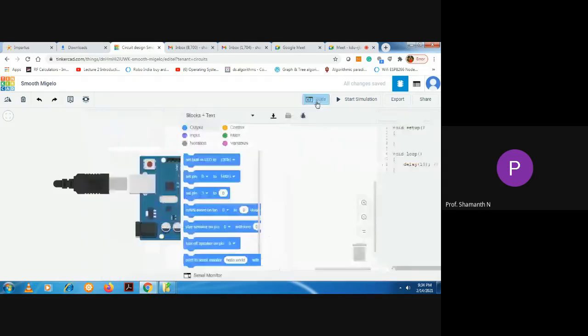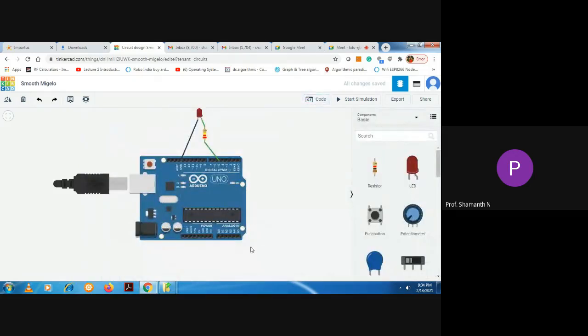If you see this particular circuit, here the GPIO pin is the output pin. Through the GPIO pin, we will be sending the commands to the LED. If we send the high command, the LED will be on, and if we send the low command, the LED will be off.